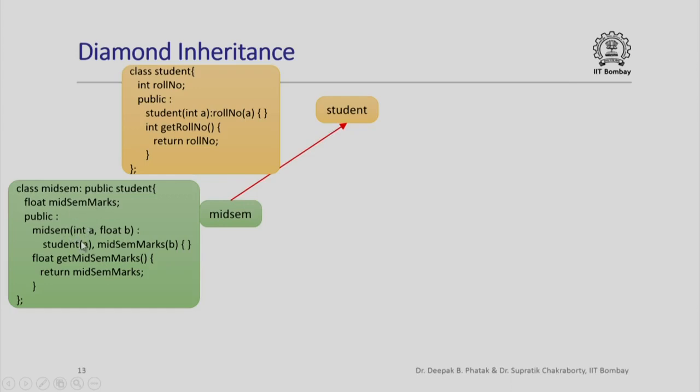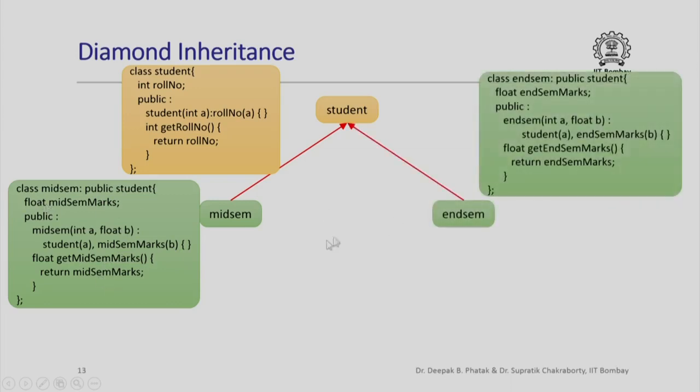Here is the constructor, which calls the constructor for student with a particular argument and does some initialization of data members with values of some of the arguments. And here is a public method, get midsem marks, of this class. Suppose we also have another class endsem derived from the same class student,